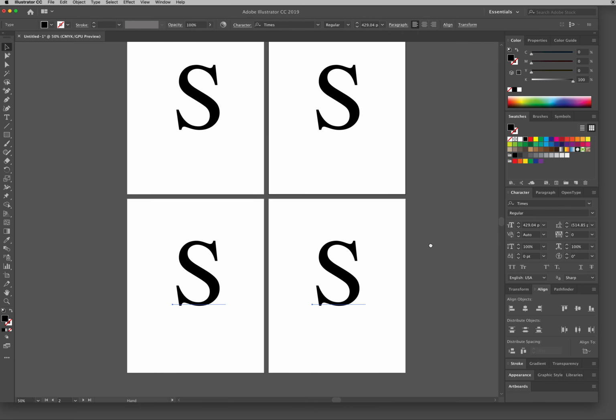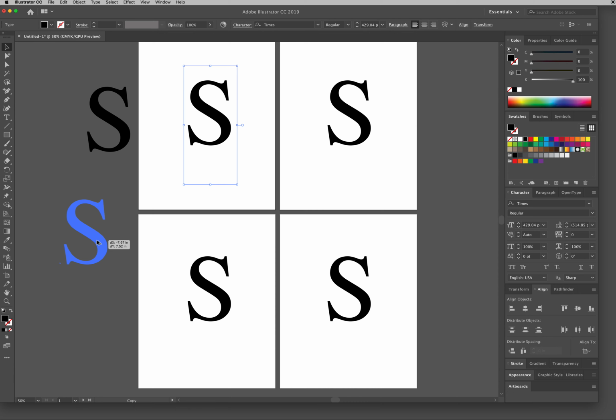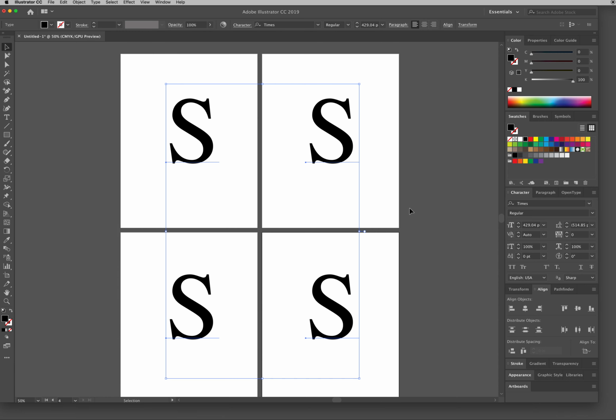Now, if this is hard for you to do, if it's not making much sense to you, again, what you do is you click on the object you want to duplicate, hold down Option, click, and move it, and it duplicates it. And this whole time, I'm not letting go of Option until I'm done moving it. So click, Option, click and move, let go of the click, and then I let go of Option. Okay. And I'm just Command Z, I undid all of that. So let me just do this again.